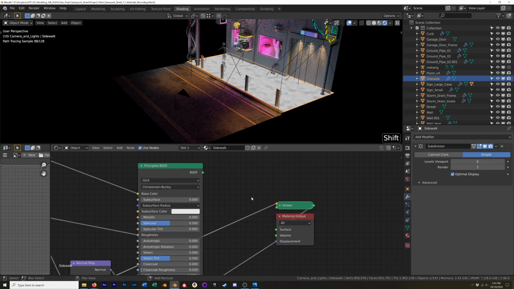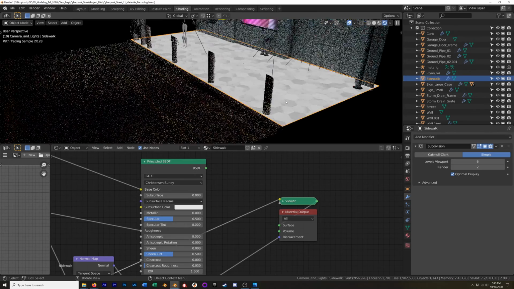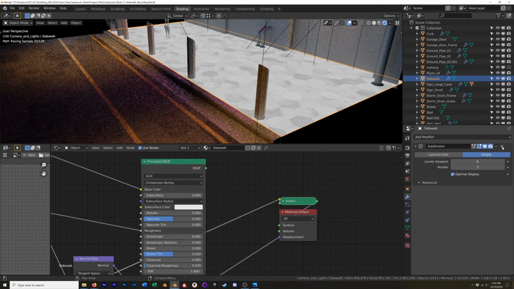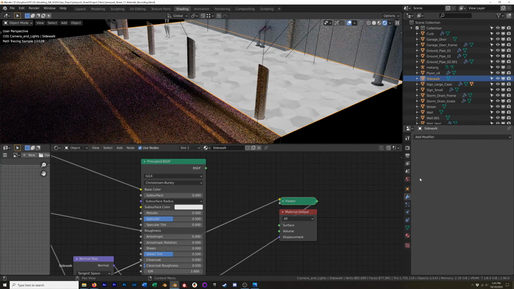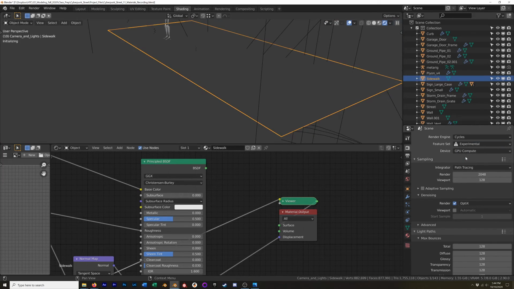We don't want that. So what we can do is use a subsurface modifier that is adaptive. Let me add it, and then I'll talk about what that means. This is actually an experimental feature, so we need to go to our Render Properties tab, and for feature set, go to Experimental. It's saying that some features in Experimental are incomplete and might be broken. The one we're going to be using has been around for a while. It's pretty stable. It should get moved to the main trunk relatively soon, as far as I understand. But we're going to go to Experimental,